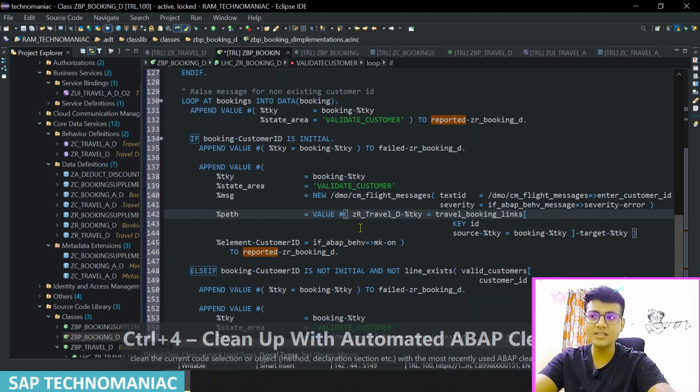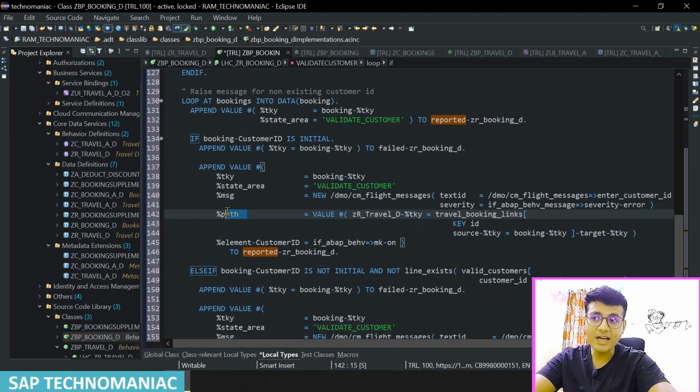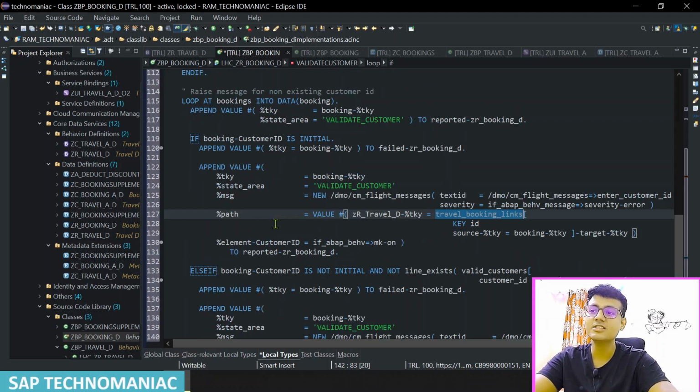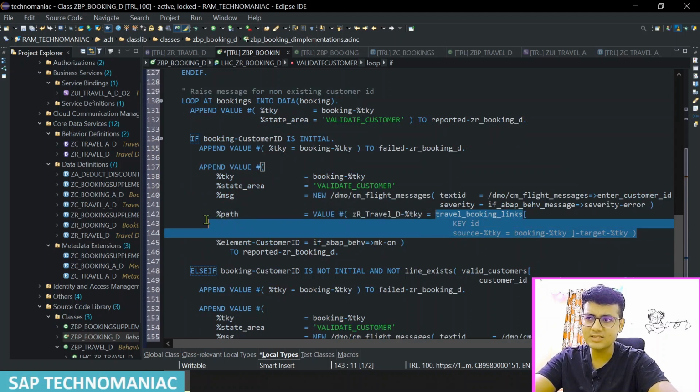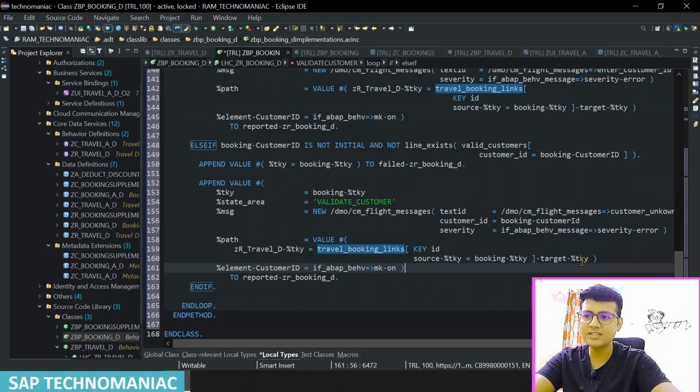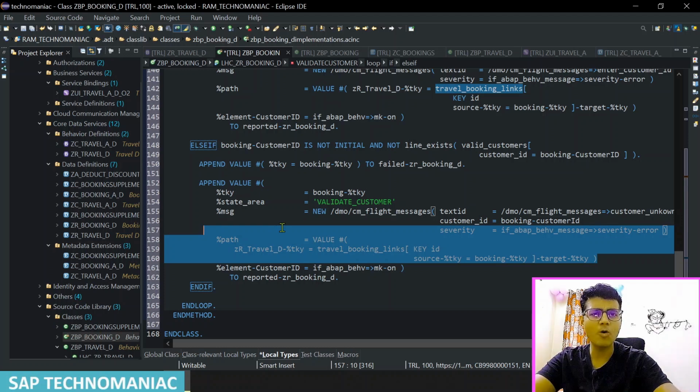So you can see, in the path you have to pass the parent entity, so GR travel ID, or you can say root entity TKY, that you have got from the travel booking link. That is the reason we have this additional read in this particular child entity. Apart from this, it is similar to our travel entity customer validation method. This is the additional thing we have to pass when we are raising from the booking entity. Same goes here. If the customer is not valid, we are passing this additional thing here as well, and other things are all similar. So let me activate this one, Control F3,